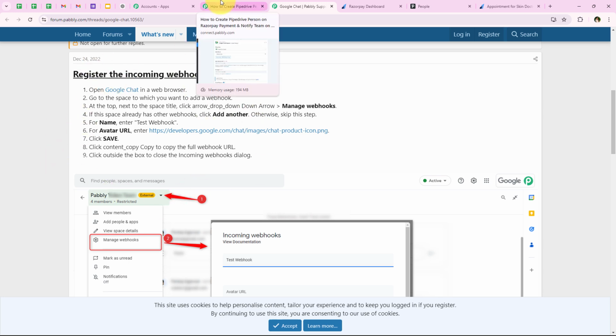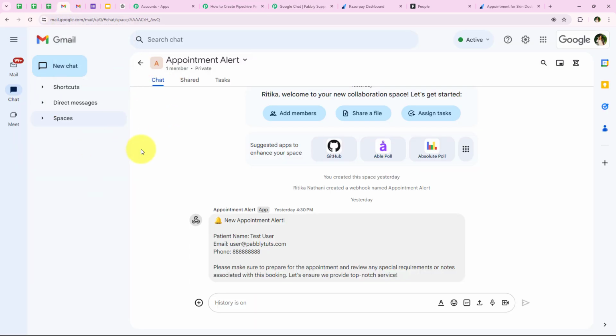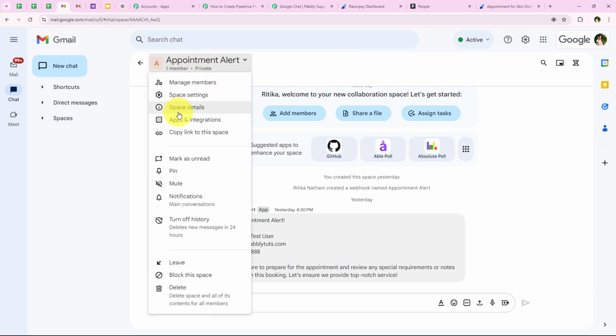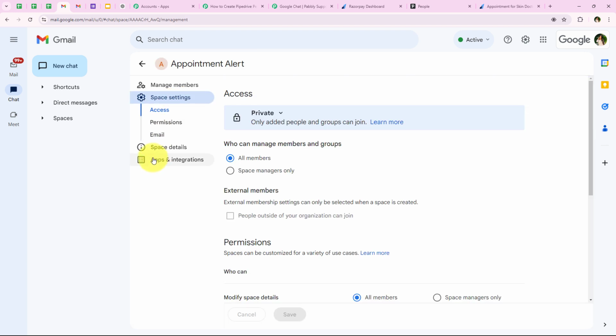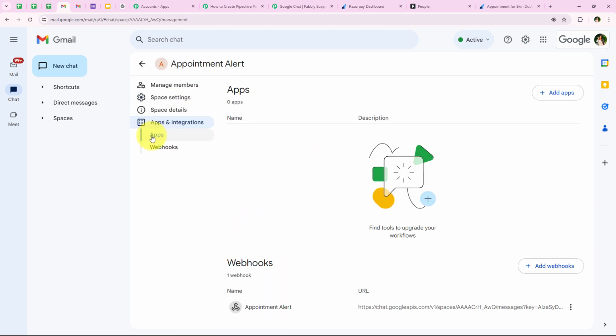So I'm going to open my Google Chat right from here, and it is saying open the space. And now after that we have to go to this drop down, and as you can see space settings, so we are going to go on this, and then we have to go to apps and integrations. And as you can see apps and webhooks, so we have to go to webhooks. And as you can see, I've already added a webhook right over here, but I'm going to add a new one. So I'm going to click on add webhook,